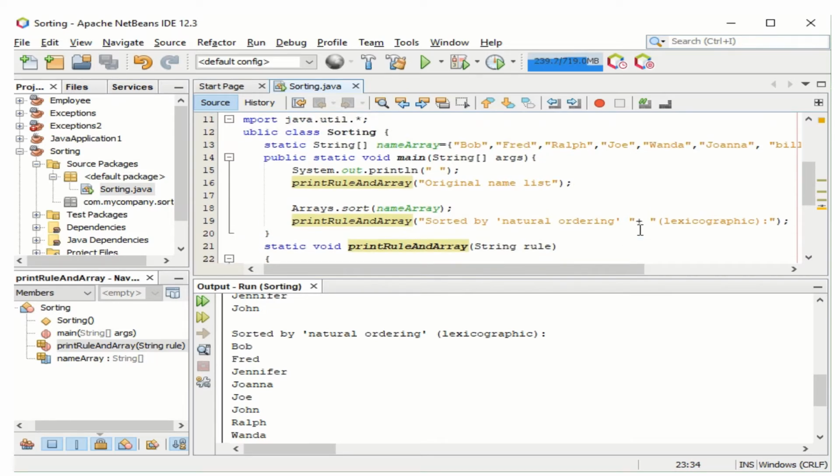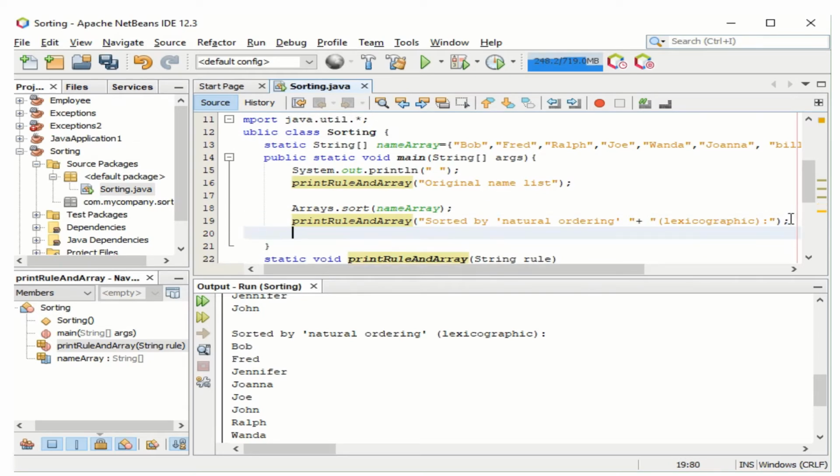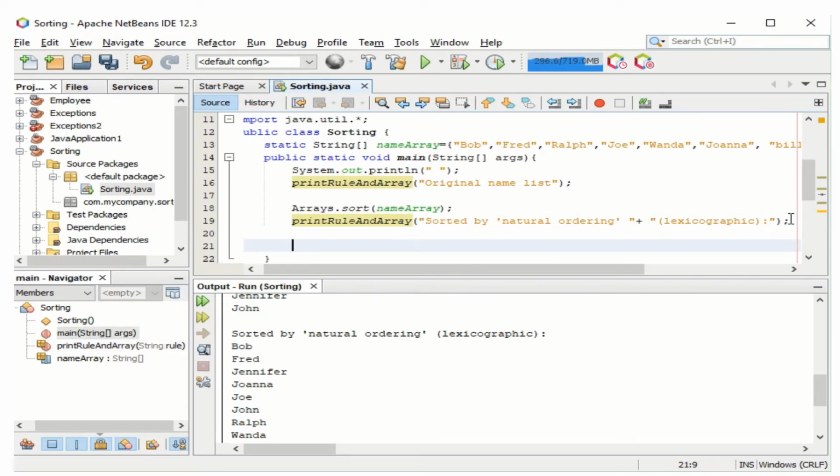So again, we need to call array.sort and then name array